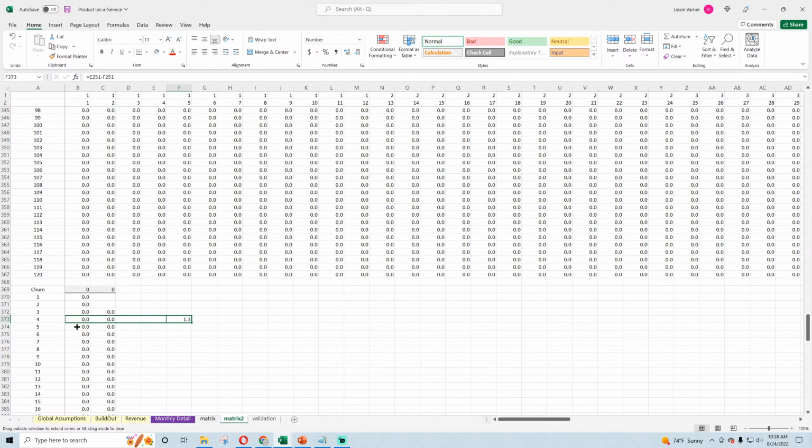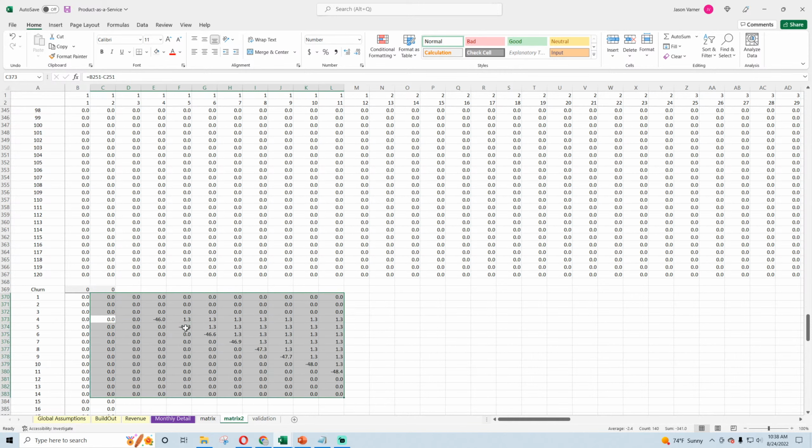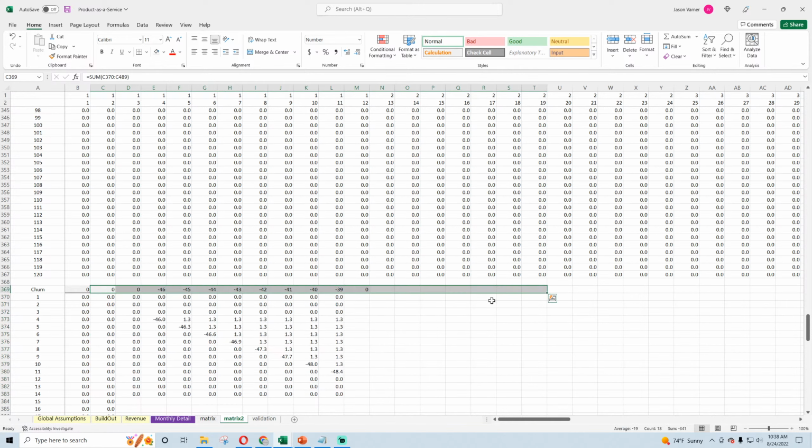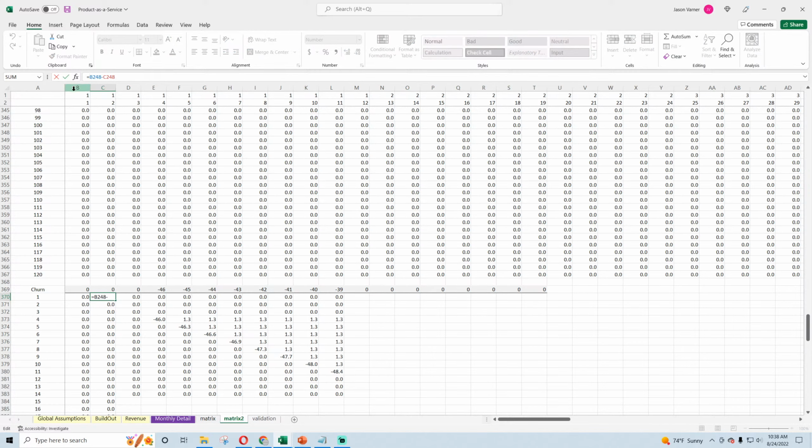And now we can't just drag this over, and obviously for the first month there's never churn because it's month 1, it's always 100%. So if we just drag that formula over and down, we got negatives here. So we have to do another max. The min-max, like I can't even explain.